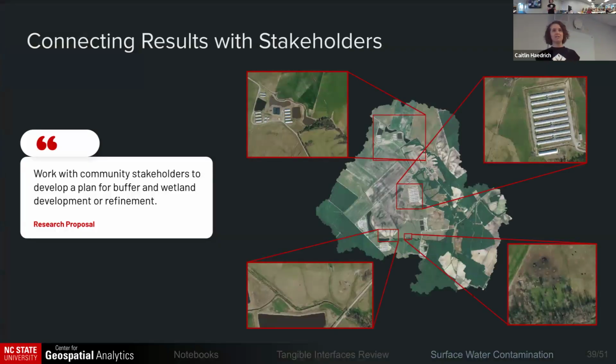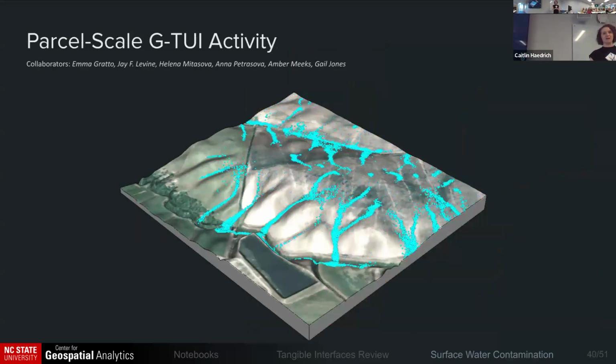The second part of the study that I contributed to was connecting the results with stakeholders. So as we were getting all these results in and looking at the landscape around them, we're seeing all these opportunities for wetland enhancement and stream buffers and places where we might be able to capture some of the fecal waste that might be flowing into the watershed. So we decided to do that by building